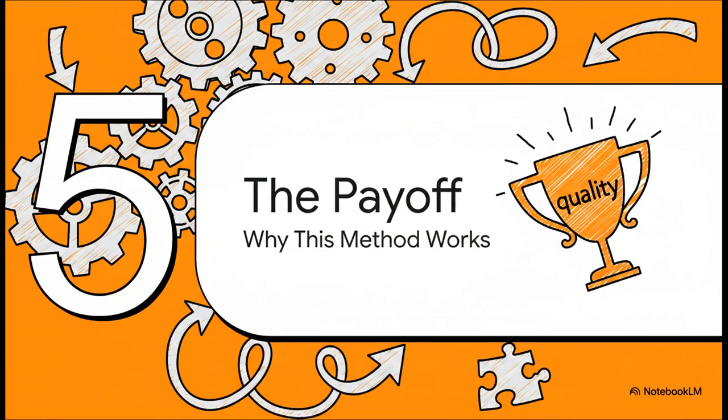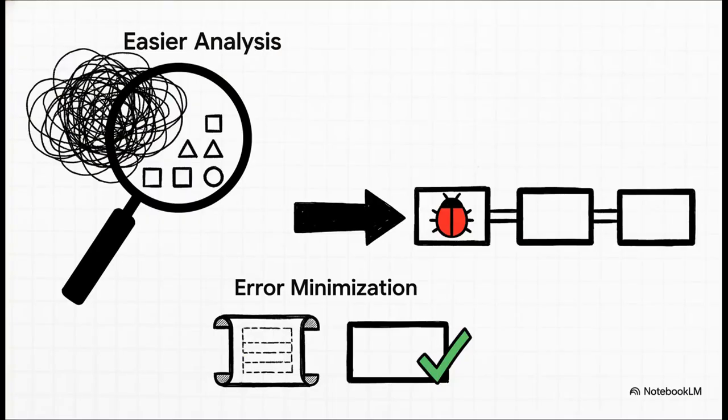So why go through all this trouble? Well, because the payoff, in terms of clarity, efficiency, and just the quality of the final product, is enormous. Let's quickly summarize the key benefits. First, any complex system becomes so much easier to understand when you break it into these small logical parts. Second, finding and fixing bugs becomes a quick, targeted process, not some wild goose chase through thousands of lines of